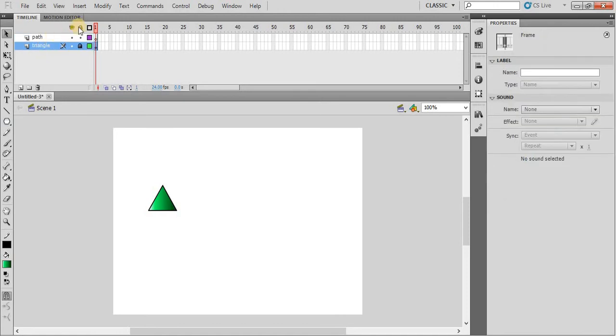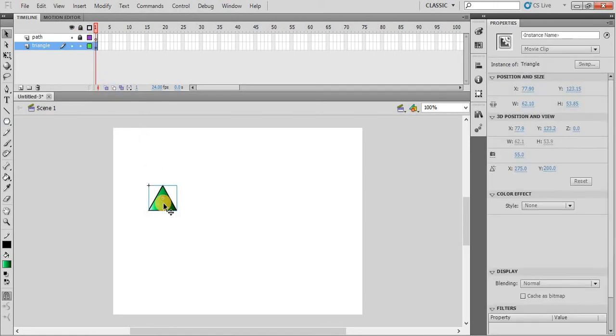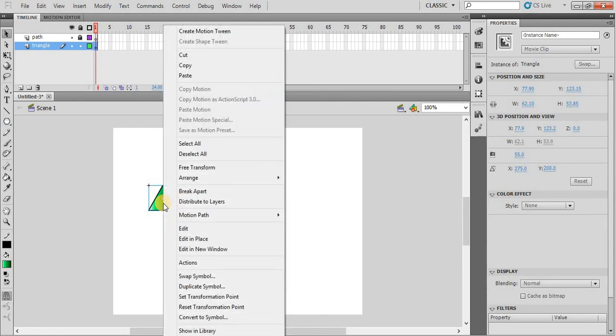Go to the triangle layer again, unlock it, lock the path layer, and then right click on the triangle, use the create motion tween option.